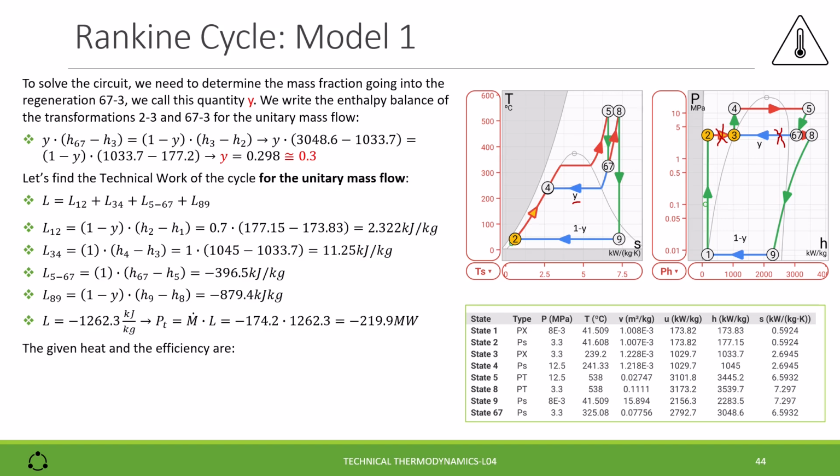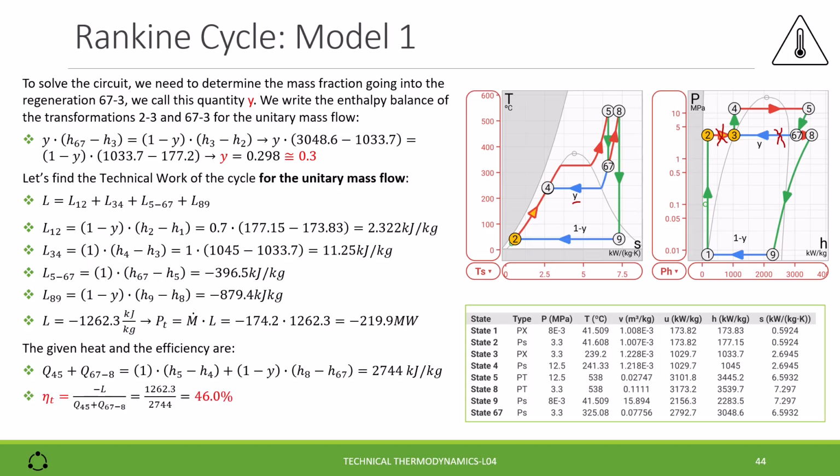Now we need to determine the given heat and efficiency. The given heat is the sum of Q45 and Q67,8: 1 into H5 minus H4 plus 1 minus Y into H8 minus H67. Altogether 2744 kJ per kilogram. The thermodynamic efficiency is, by definition, the ratio between the work and the given heat, and